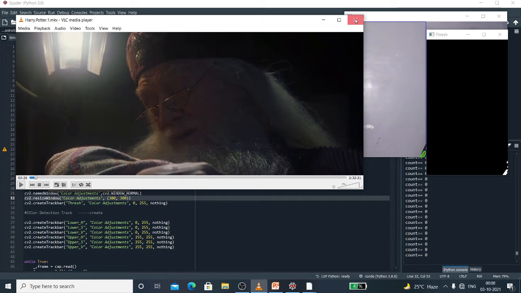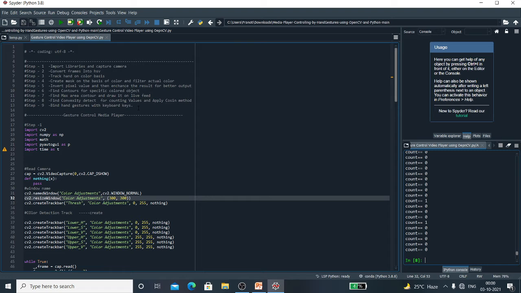Coming to the code, I have divided my whole project into 9 steps. The first and very important step is to import the libraries and capture the camera.